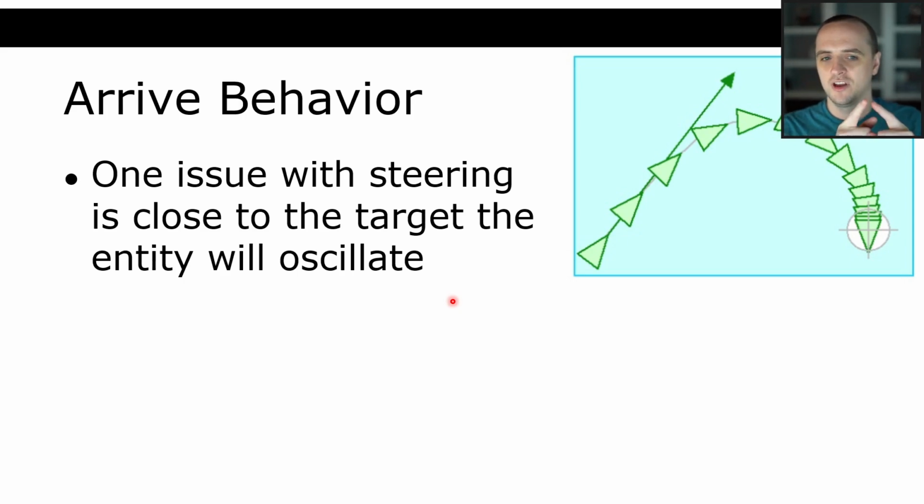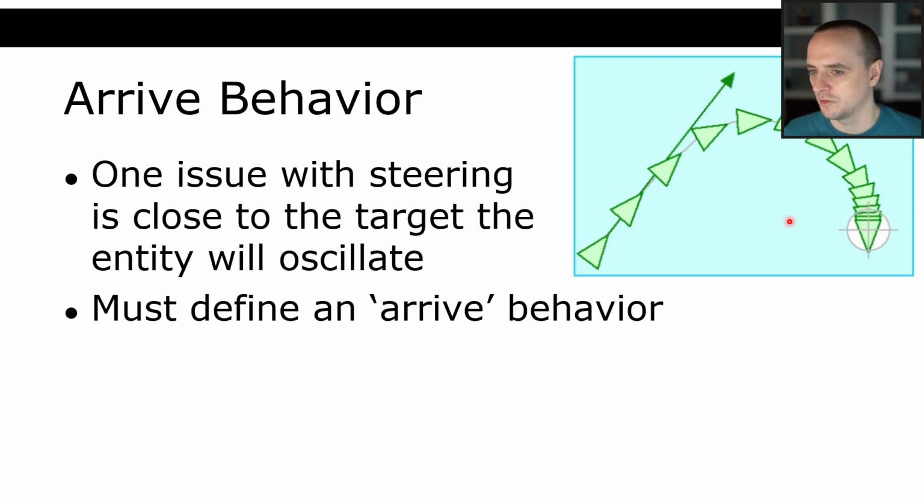Because what happens is you're currently on this side of the target, and so you're steering in this direction, but then when you go a little bit past the target, it steers backwards. If this was the target right here, this bottom left corner, I guess I'll just use the actual target, it's going to move past, then come like this, and then oscillate back and forth, okay? And so that needs to be fixed somehow. And we do that with what's called an arrival behavior.